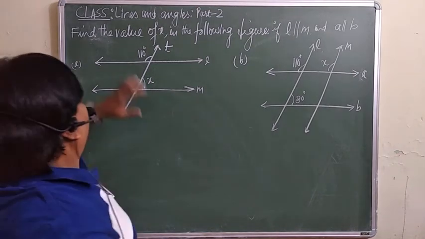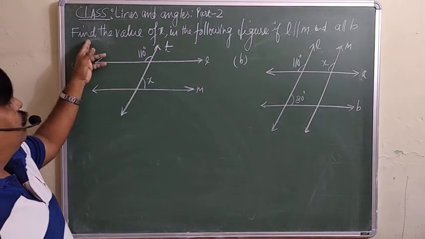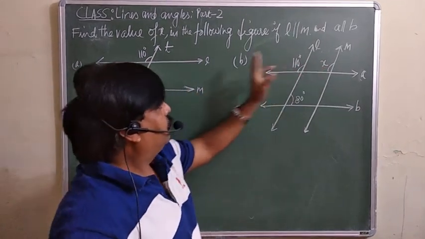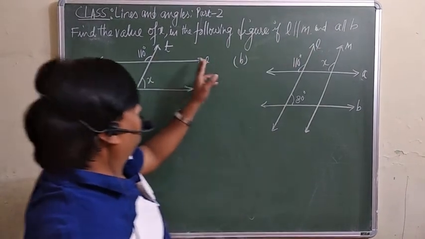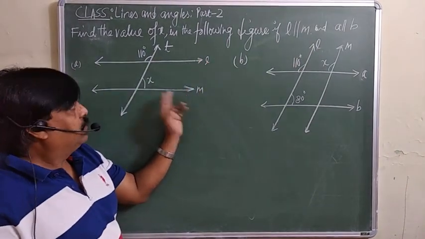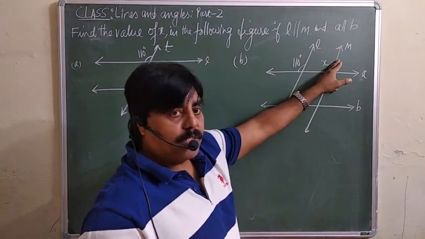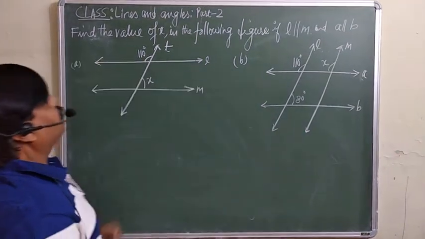Yes. Now these two questions I am taking. Information is given. Find the value of x. हमें x की value निकालना है here, and here is also in the B part. If in the following figures, L is parallel to, I mean this line is parallel to this one, is given. This is your transversal. In the second figure, this line is parallel to this one, already given, and these two lines are also parallel. So how can you find out the value of x here?